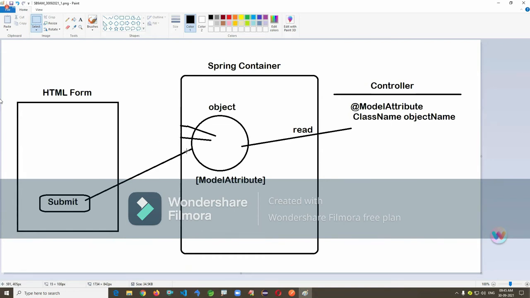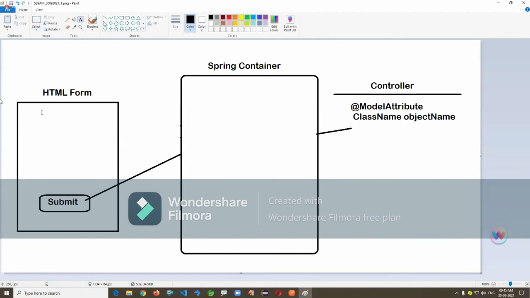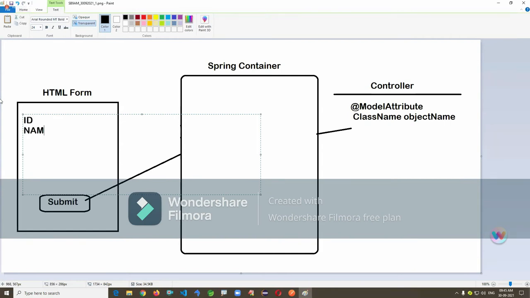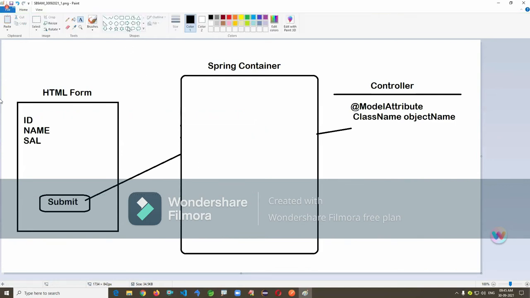So what is a servlet? It is a program which runs under the server, and it has many advantages over other technologies. Let me take an ID, name, and salary as the initial stage. First we'll add basic inputs, and later even some complex inputs like radio buttons, checkboxes, and drop downs. First, understand the basic concept.